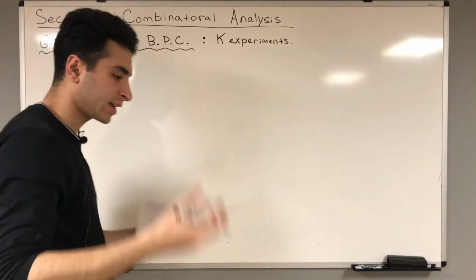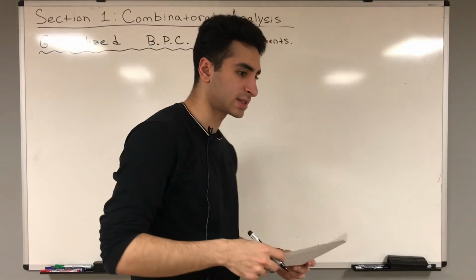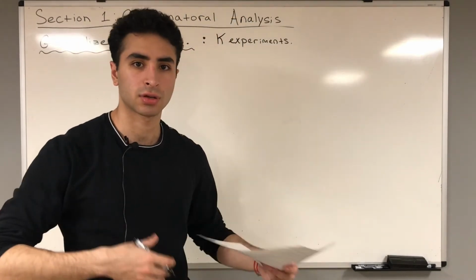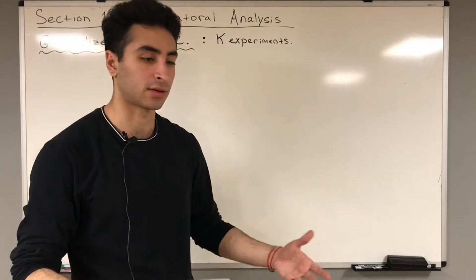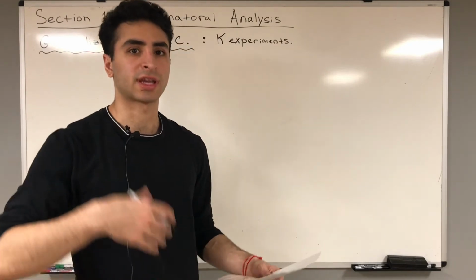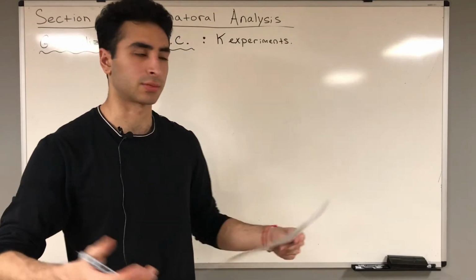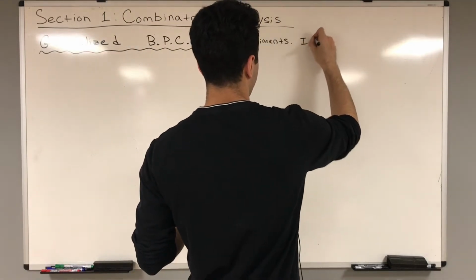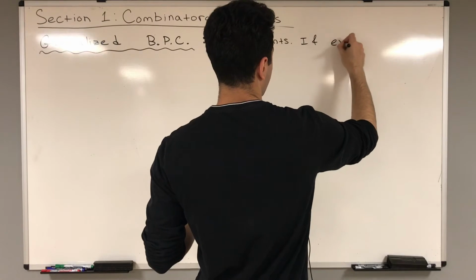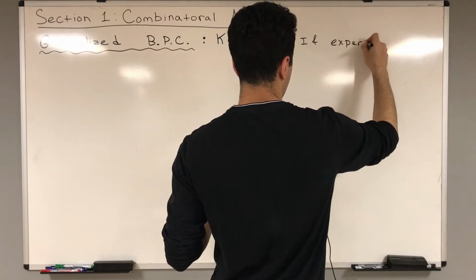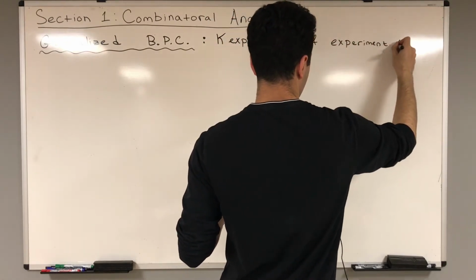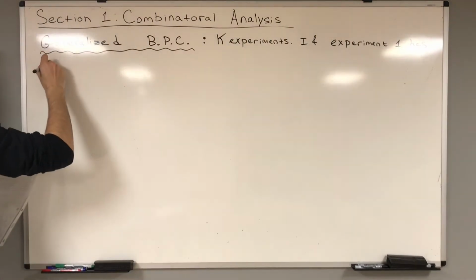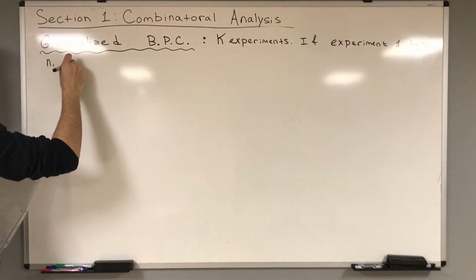Okay, so you have k experiments. Let's say the first experiment has n1 outcomes, your second experiment has n2 outcomes, and then your kth experiment has nk outcomes. Okay, so if experiment 1 has n1 outcomes,